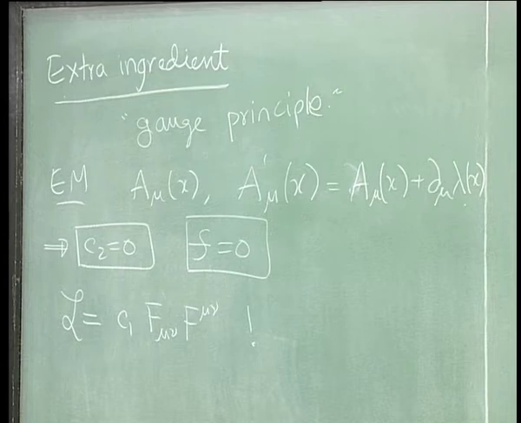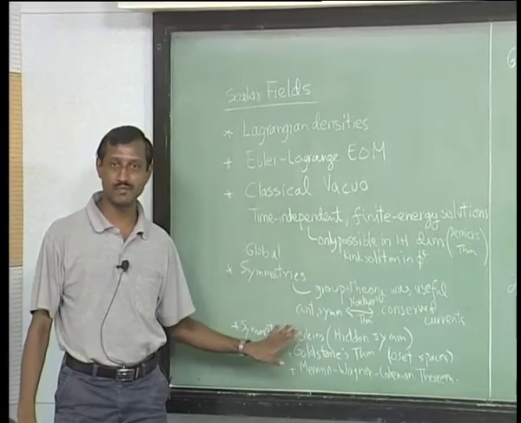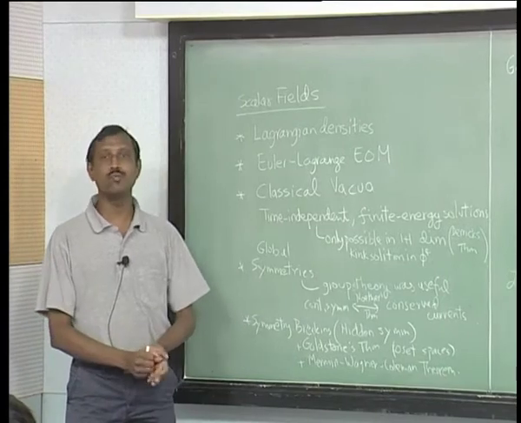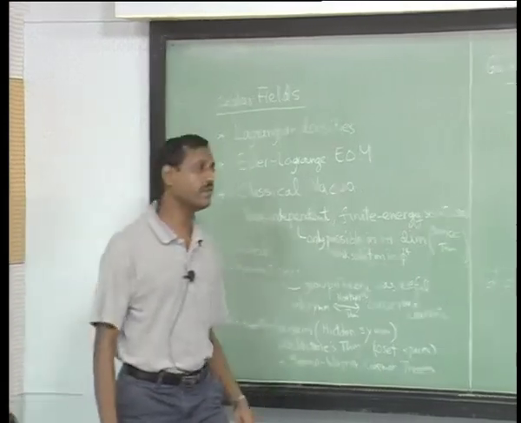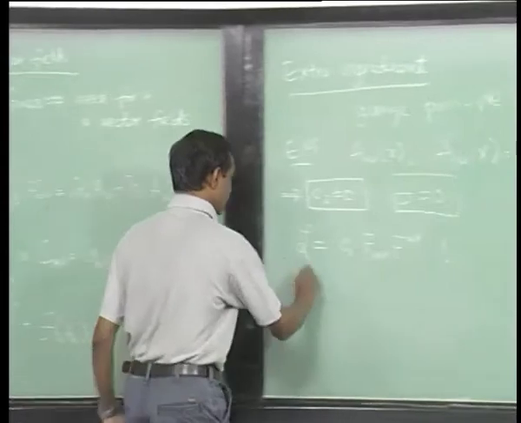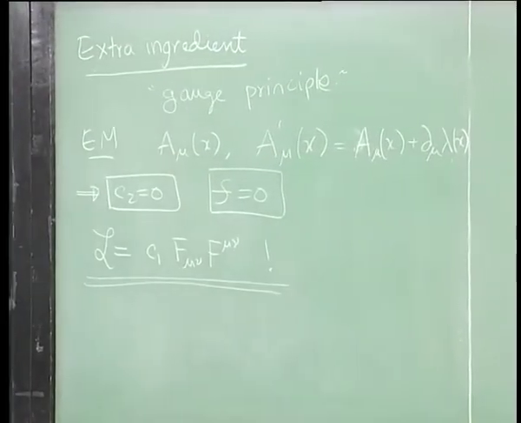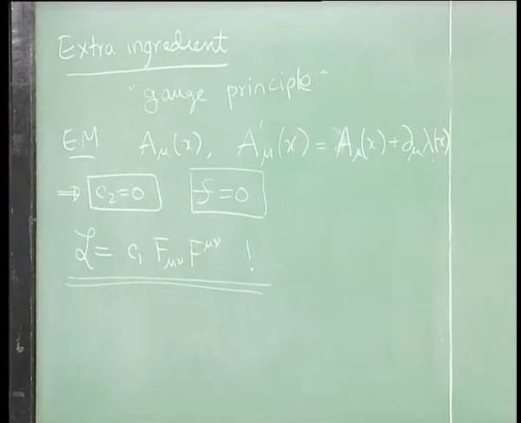If you have higher derivatives, of course you could write more terms, but like I discussed in the beginning, even for scalars we never looked at higher derivative things. Okay, this is a restriction we are putting in, and there are situations where you go beyond 2 derivatives, but we will not in this course. Okay, so you can see that we need one extra ingredient to generalize this whole structure to include vector fields,